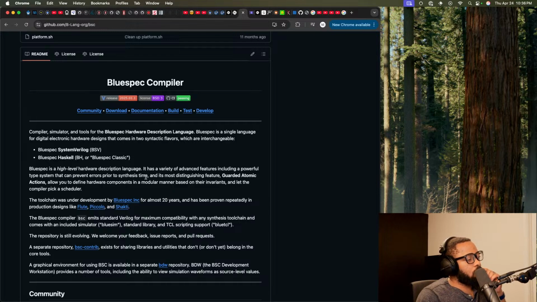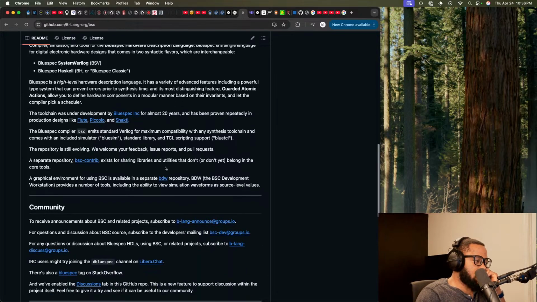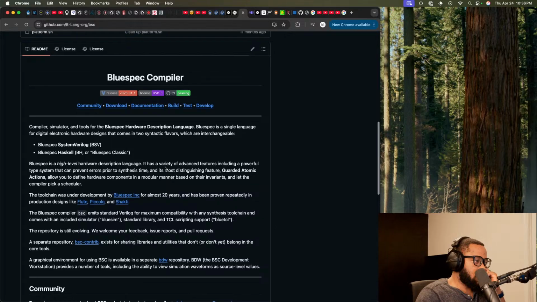So when they say it allows you to model, what does it say? Allow you to define hardware components. Does that mean that you can build models of certain GPU devices and then based on that run simulations?